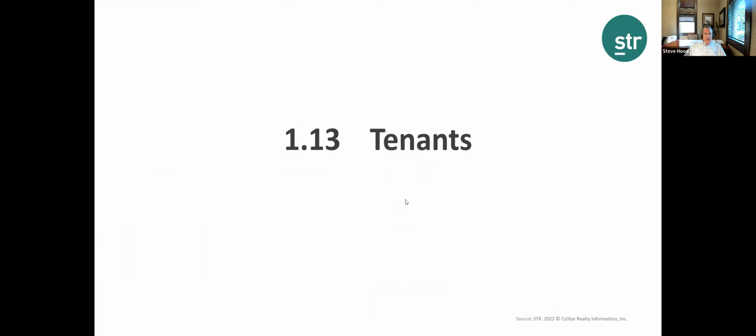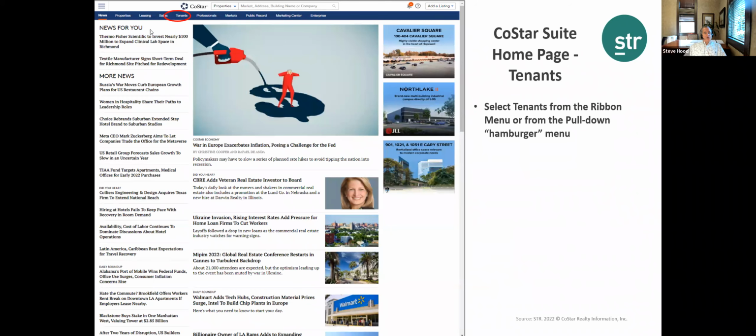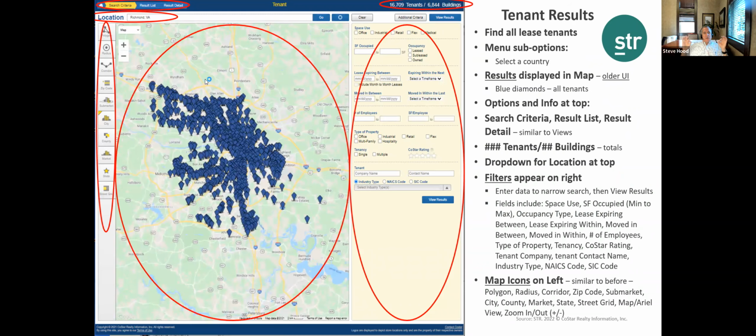All right, let's look at section 1.13, and we'll be looking at some tenant data. This is cool stuff here. If you're back on that home page, remember that's where it all starts. From the submenu, from the blue ribbon menu, you can click tenants, or from the drop down. Now, this will take you again to that slightly older user interface, and you're looking at all the tenants in the specific area that you're interested in. You can see the initial filters,